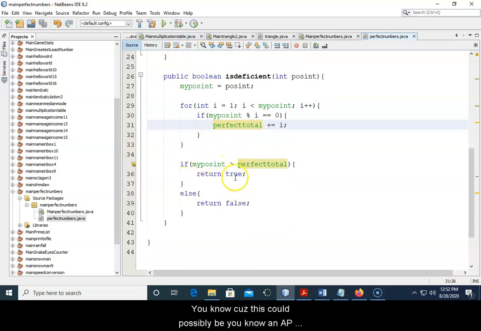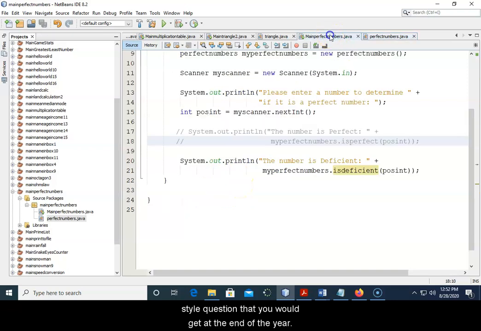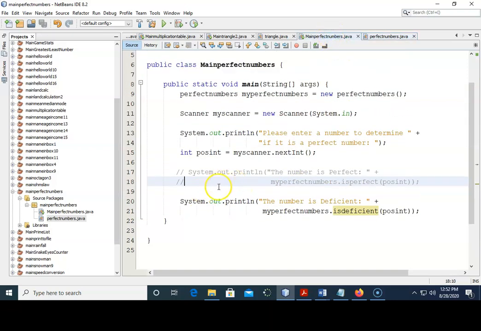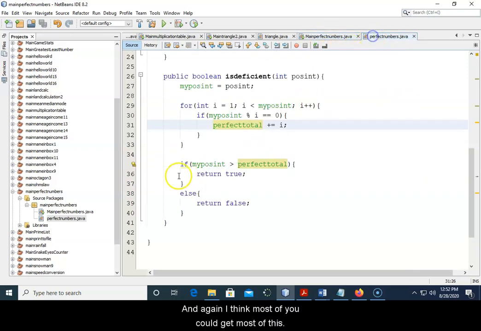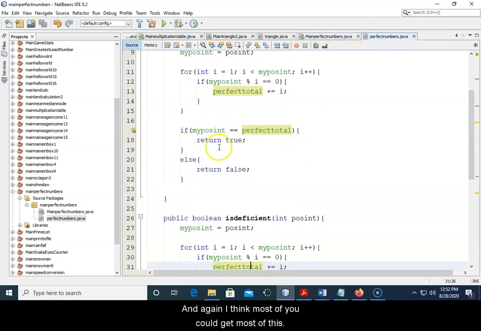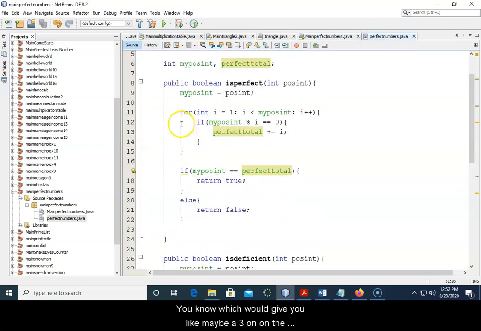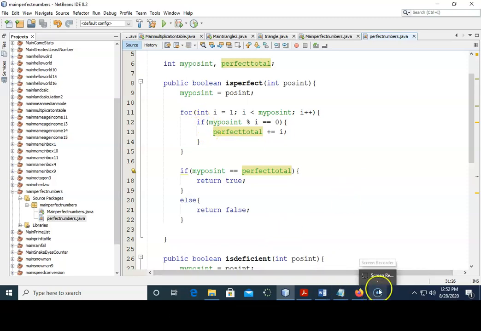because this could possibly be an AP style question that you would get at the end of the year. And again, I think most of you could get most of this, which would give you maybe a 3 on the actual problem. But are you able to push through and get that 4 or 5 score on this? That's where our goal is to get to by the end of the year. So this video is